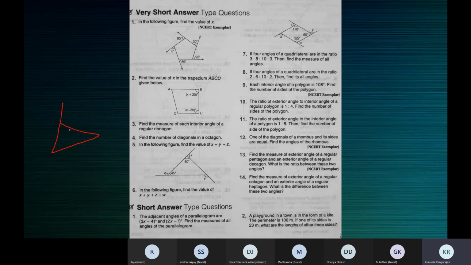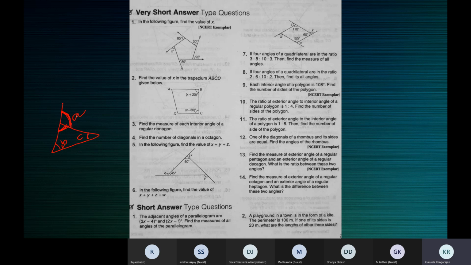Raja, is this a triangle? Okay, this is a triangle, and here the side is produced. These are the three interior angles of the triangle. When a side is produced, an exterior angle is formed. This is the exterior angle. And this is the interior angle just next to the exterior angle. Correct? Now, this angle A will be equal to B plus C.